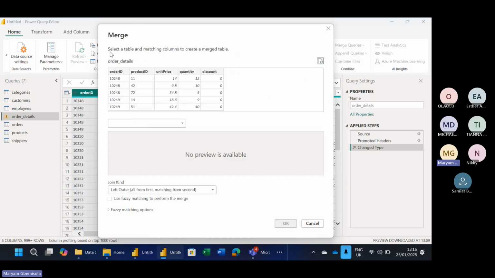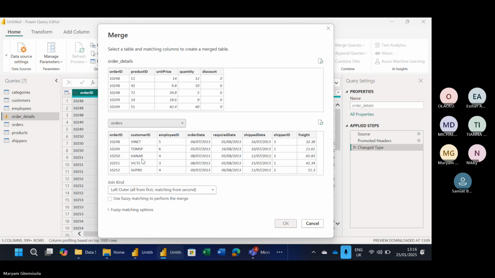So I'm going to merge what is in my order details with what is in my orders. So I need to look for a unique ID that connects these order details with my orders. And the unique ID that they both share is the order ID. So I'll click on order ID here, click on order ID here, and I'm doing a kind of join. This join I'm doing is the left outer join. Don't worry about the type of joins. By default, Power BI is going to choose the right type of join for you. Then once I click on OK,